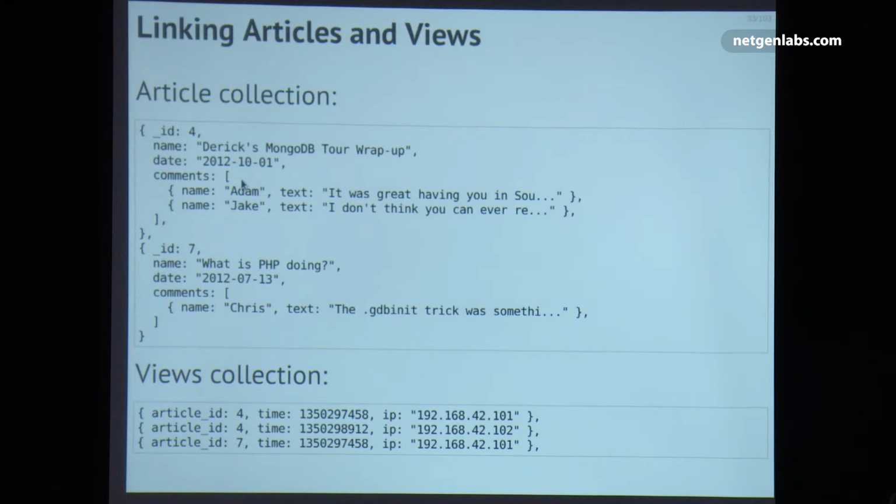So yeah, this is how you think a little bit about how you do queries and updates. And the ratio between them depends very much on how you design your schema. Another good point about storing this views collection in a different collection is that I can now run specific queries against it very easily. Like I can find out all the times that a specific IP address has visited